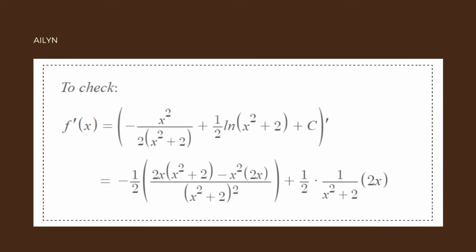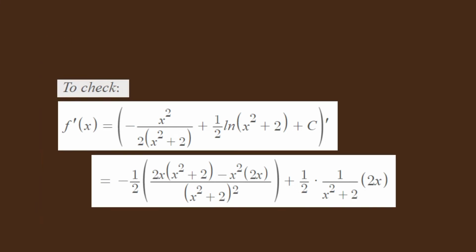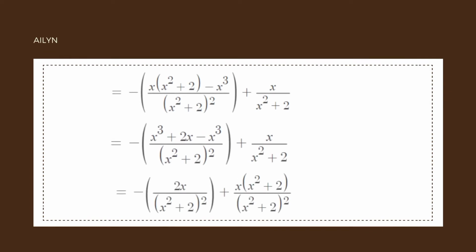The first derivative of f of x equals the first derivative of negative x squared over 2 times x squared plus 2 plus 1/2 ln of x squared plus 2 plus c, which is equal to negative 1/2 times 2x times x squared plus 2 minus x squared times 2x over the square root of x squared plus 2 plus 1/2 times 1 over x squared plus 2 times 2x. Simplifying further, we have negative x times x squared plus 2 minus x cubed over the square root of x squared plus 2 plus x over x squared plus 2,